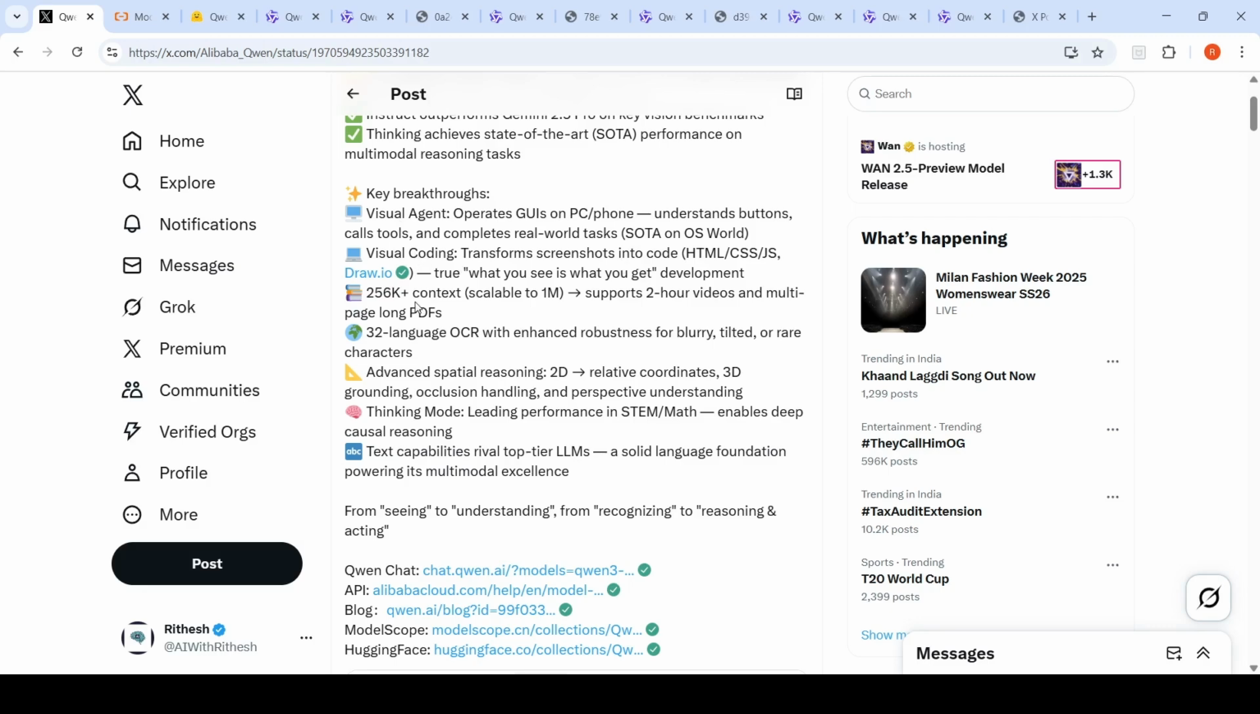It has 256K plus context, scalable up to 1 million, and supports 2 hour videos and multi-page long PDFs. Support for 32 language OCR with enhanced robustness for blurry, tilted or rare characters. It has advanced spatial reasoning: 2D relative coordinates, 3D grounding, occlusion handling, and perspective understanding. It has a thinking mode, leading performance in STEM math, enables deep causal reasoning, and its text capabilities rival